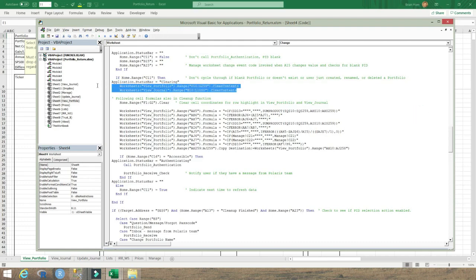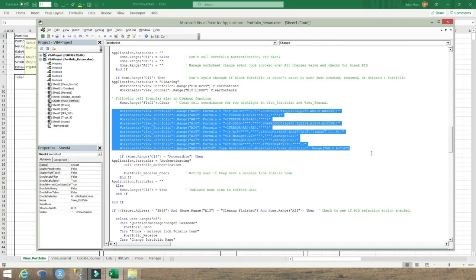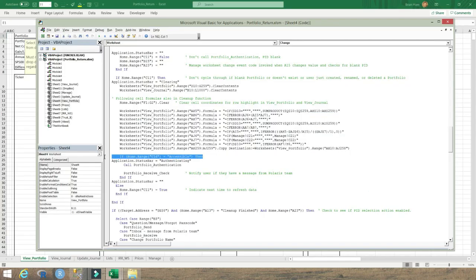You clear out the landing area for the result sets in both the View Portfolio and the Journal Portfolio, and do some other clearing of some values that are used to highlight particular rows on the View Portfolio and View Journal. Make sure some formulas are what is expected,